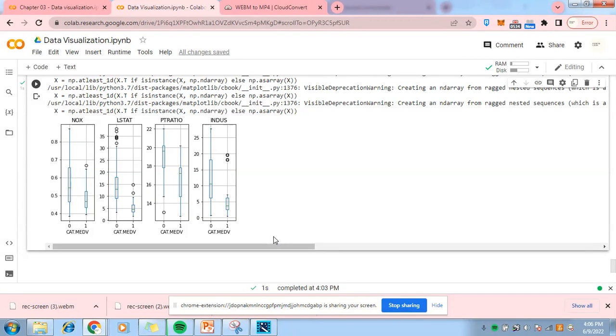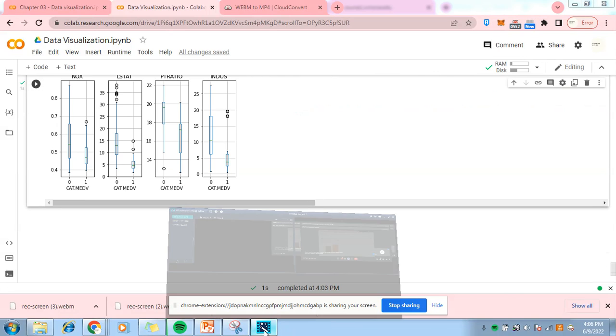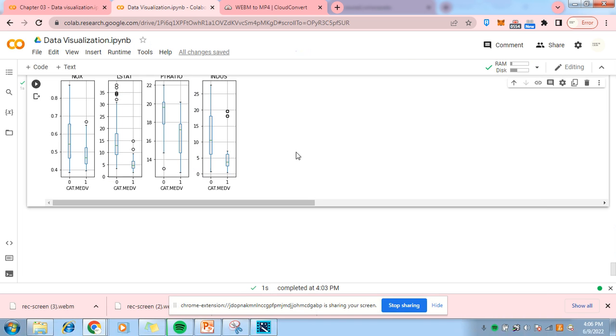We can see that the pairs that are most separated are PTRATIO and INDUS. That means they are potentially useful predictors. So next, we will show you different plots that we can make using Python, and then we'll proceed to